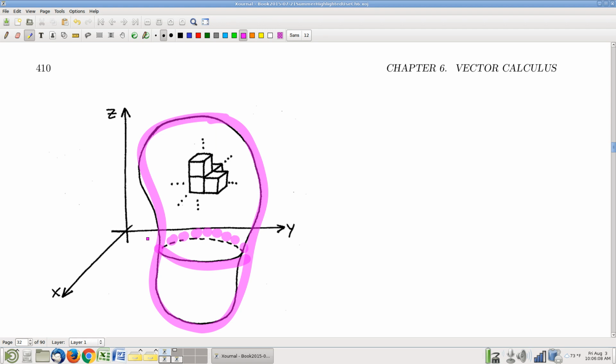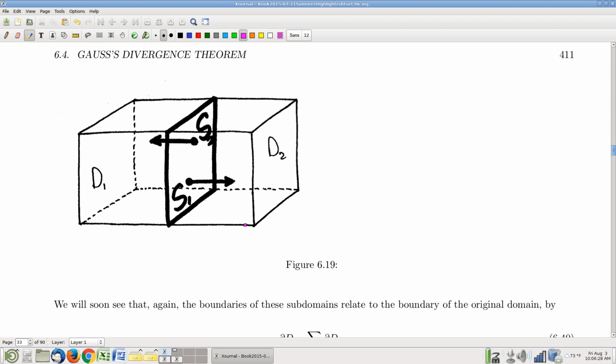And the question we want to ask is, do these boundaries accumulate? So, fleshing that out, is the boundary of the original solid the same as the sum of the boundaries of these little diced up pieces? So, do boundaries accumulate? And the first picture I'm going to draw along those lines is this. We imagine the world's simplest case where we have one region over here and we have another region over here. Is it the case that the boundary of D1 plus the boundary of D2 is equal to the boundary of the whole thing? And, well,